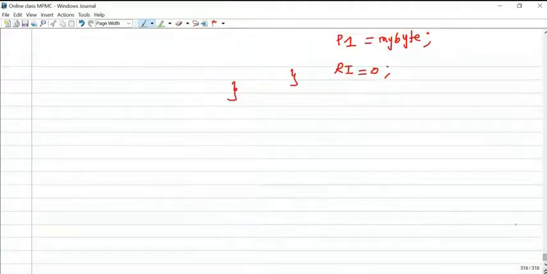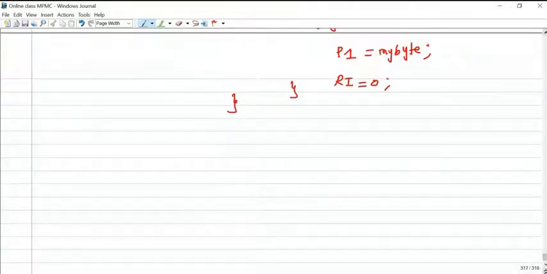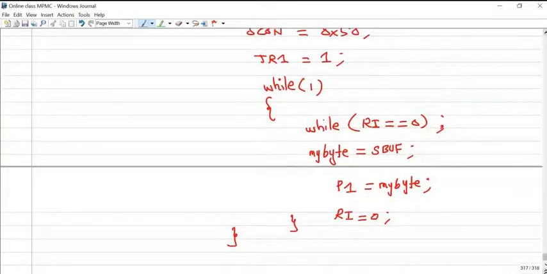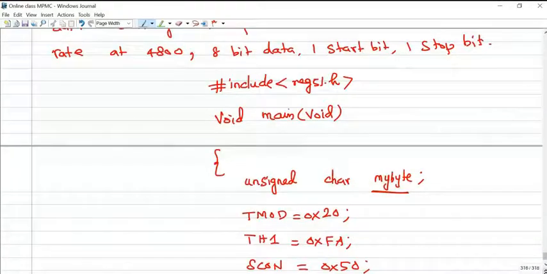While writing the program for reception of data, don't forget to make the receive interrupt flag bit 0 for receiving the next set of information. Okay, so this is a simple C program for mode 1 serial communication.